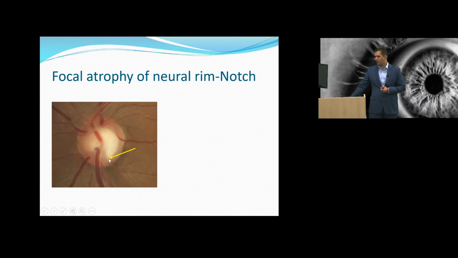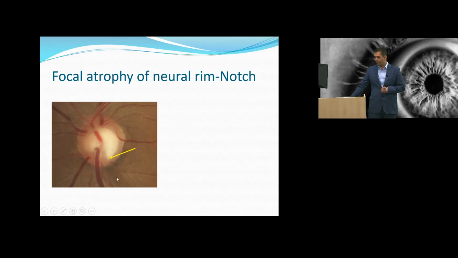All that is cupped. If you look right here, there's enough rim tissue here, but as you follow this region from 7 o'clock to 6 o'clock and 5 o'clock, you find that rim tissue is becoming lesser and lesser, and here it's a little bit more. So about 4 o'clock, it's more. At 5 o'clock to about 6 o'clock, there is a dip in rim tissue, and then at 7 o'clock, you have significant rim tissue present. This region where the yellow arrow points out is also a notch or focal atrophy of